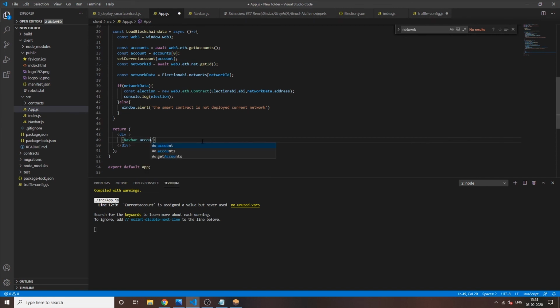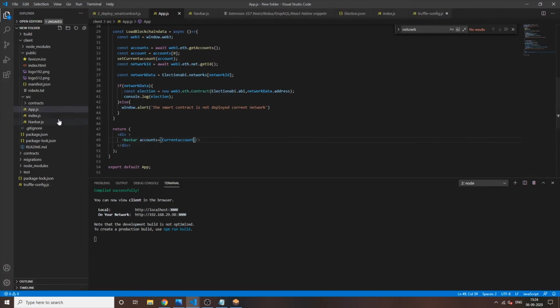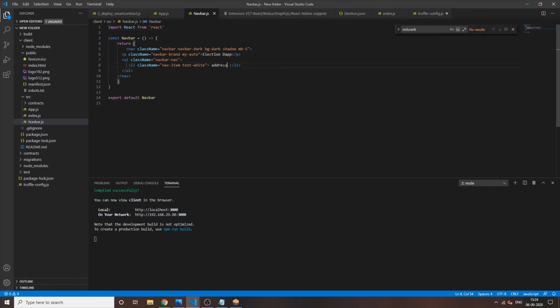Not an issue. We will create a variable account and use this, and we are passing in the current account. We can see that it's not giving an error, but we are just printing the word address.